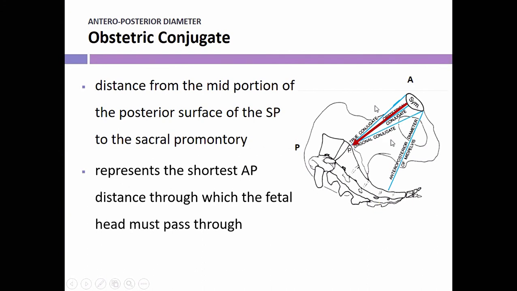And it should measure 10 centimeters or more for the fetal head to pass through during delivery. So if this is short, less than 10 cm, then the chance is that the fetal head diameter cannot pass through